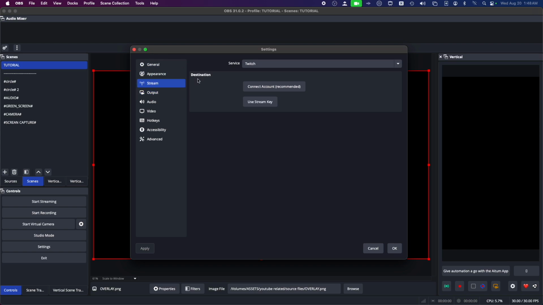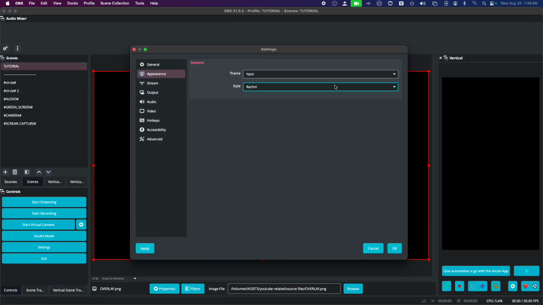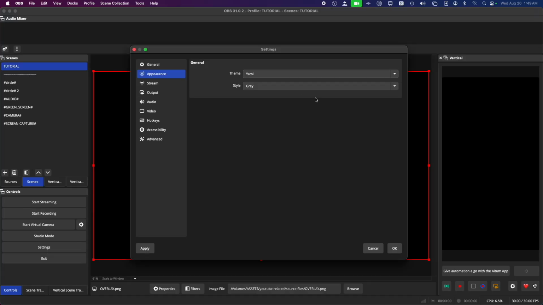And also, you want to set up your stream here, so you can change your theme here. I like Yami mainly because it's just black and blue, but they have other ones. They have gray, classic, ranchy. So ranchy is purple, gray, light is white, which is hurting my eyes. Sorry about that. Gray is the standard